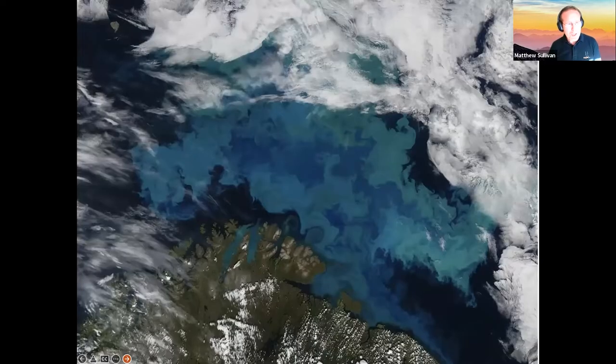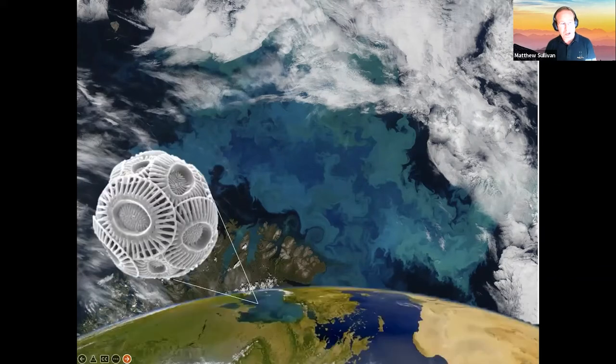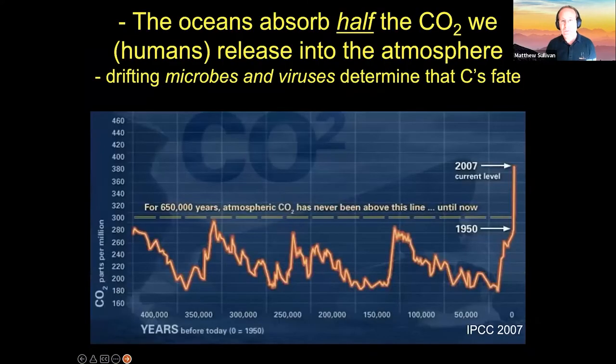My goal, and my group's goal, is really to understand what role viruses play in those important microbial processes. And so in the oceans, we can actually see some of these marine microbes. These are coccolithophores that you can see from satellite when they bloom, the little patterning. And these can have really important roles in the atmosphere.